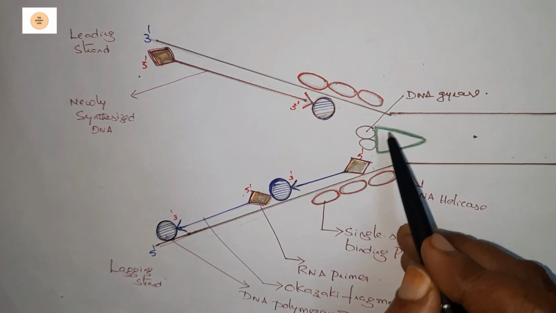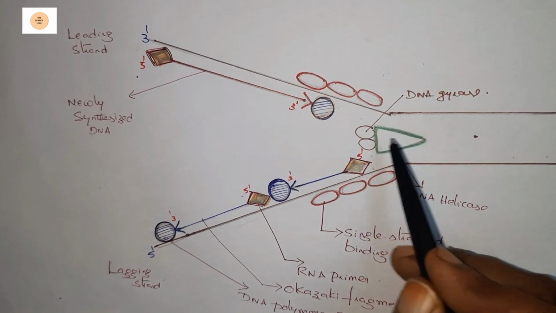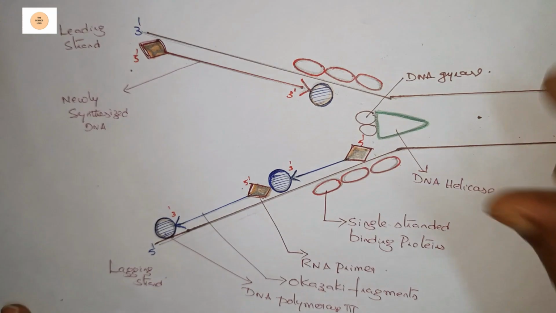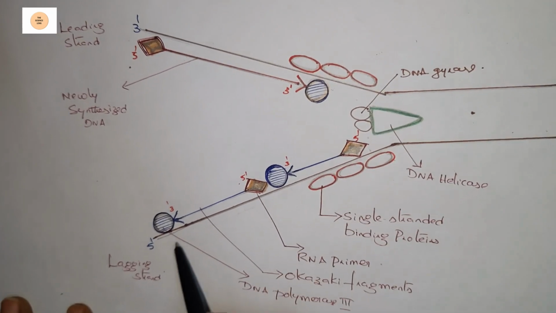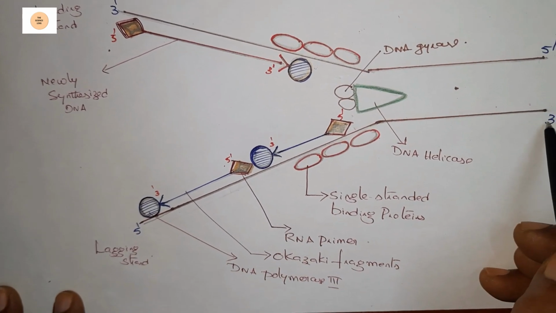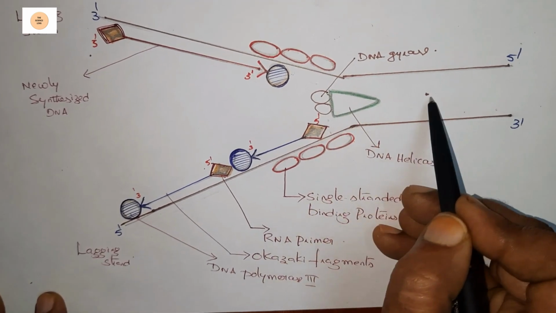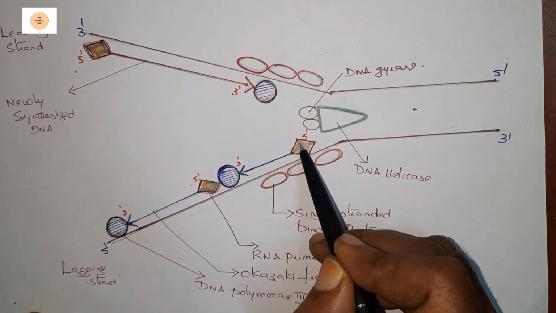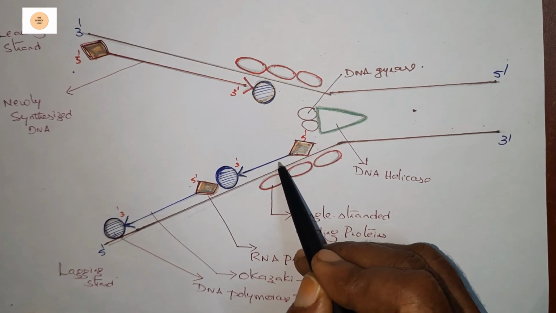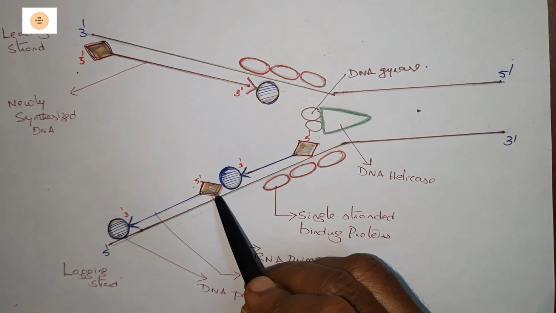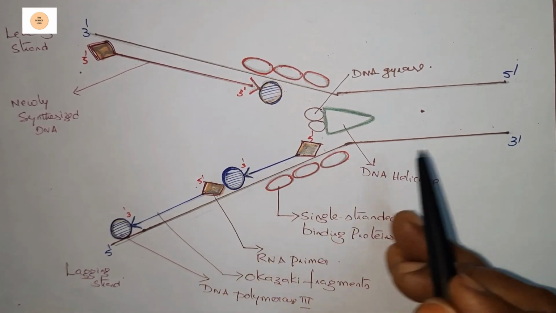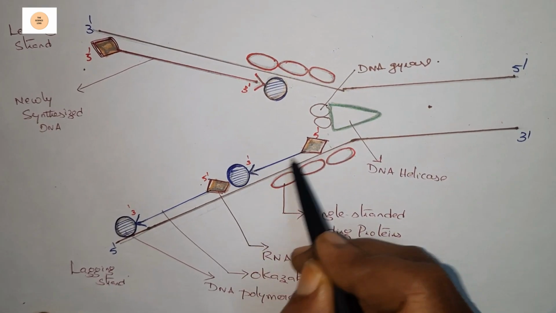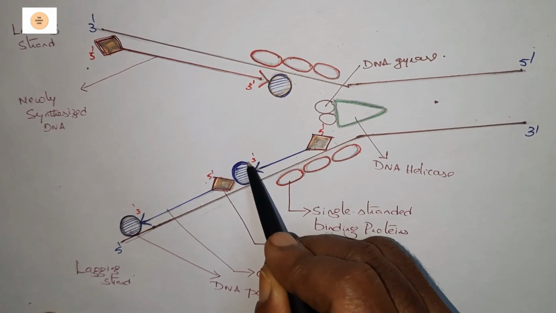To the primer the dNTPs are added and the chain length elongates in this way. And these are gyrase and helicases. These two will move from left to right, and likewise the fork extends. And here the lower strand is 5 prime direction to 3 prime direction. When the gyrase and helicase move like this, here the RNA primer is synthesized and to that dNTPs are attached and the chain elongates in this direction. That means from right to left, here from left to right. So likewise the chain length elongates here from 5 prime direction to 3 prime.